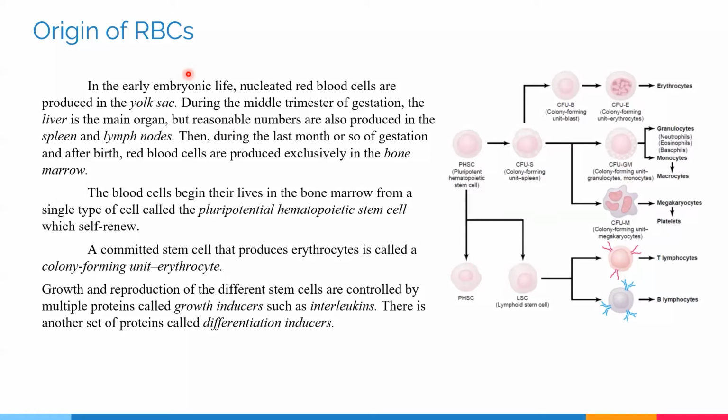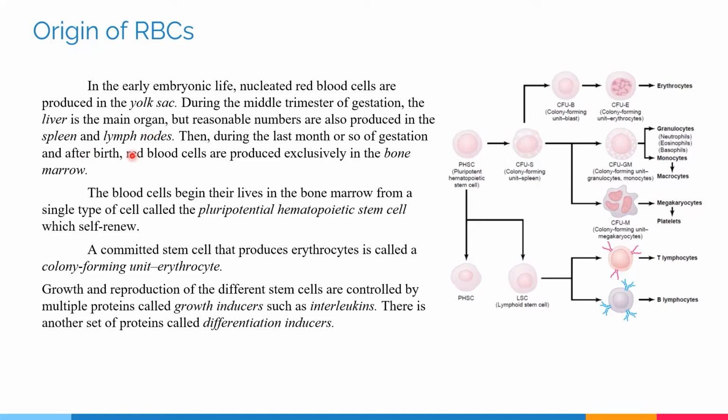Let us look into what is the origin of RBCs. In the early embryonic life, nucleated red blood cells are produced by the yolk sac. So these are not mature RBCs, but they have the nucleus. During the middle trimester of gestation, liver is the main organ which produces RBCs, but reasonable numbers are also produced by spleen and lymph